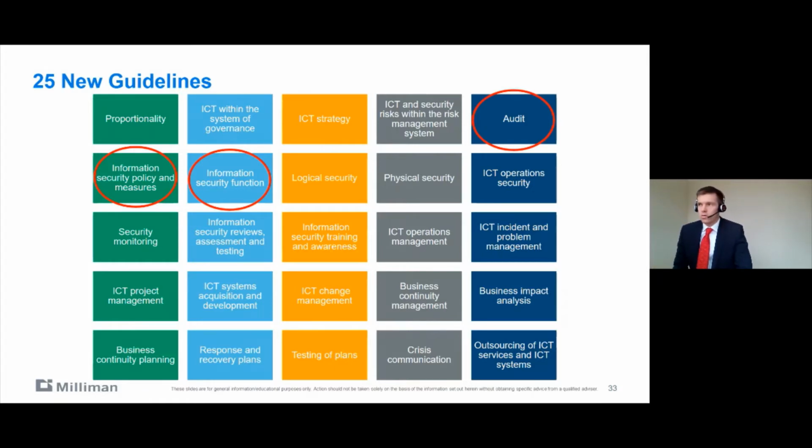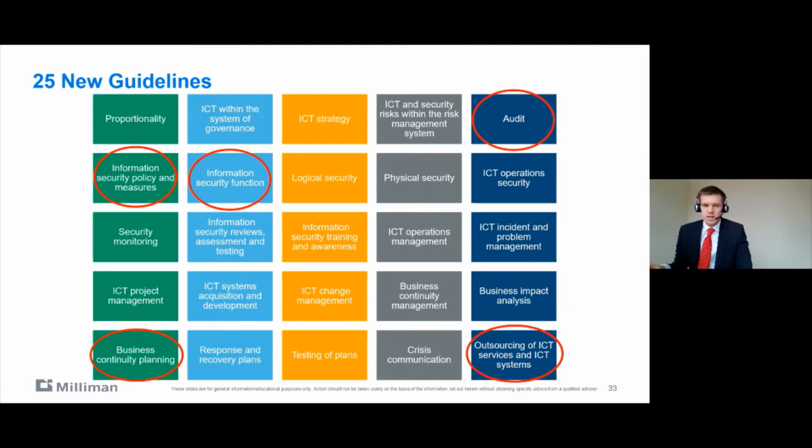Audit as well, there are audit requirements around this particular area. And business continuity planning is one to pull up. Again, I'm sure everyone's doing this, but it's being flagged and something you have to make sure you're meeting the requirements. It's also touching on outsourcing. Obviously a lot of companies do outsource their IT, so they make sure they've got some information on that, and that will be covered.